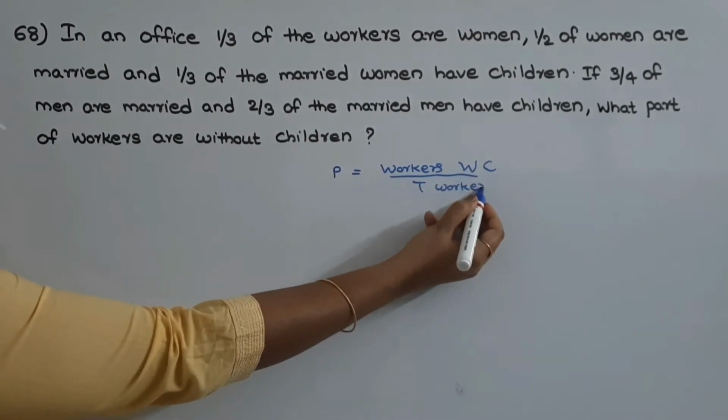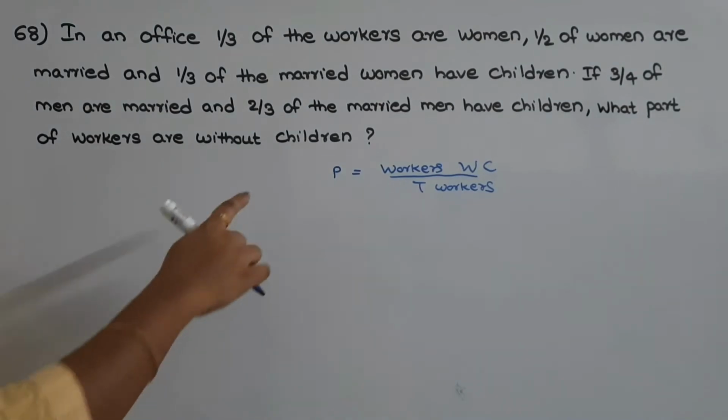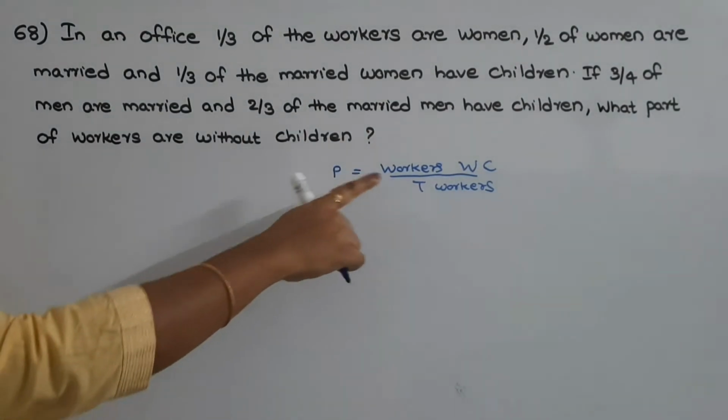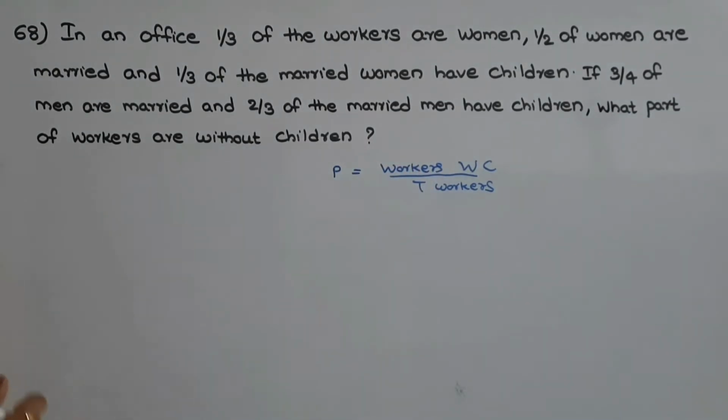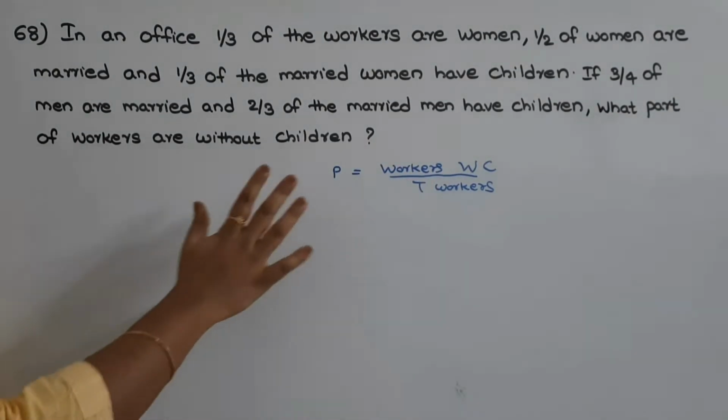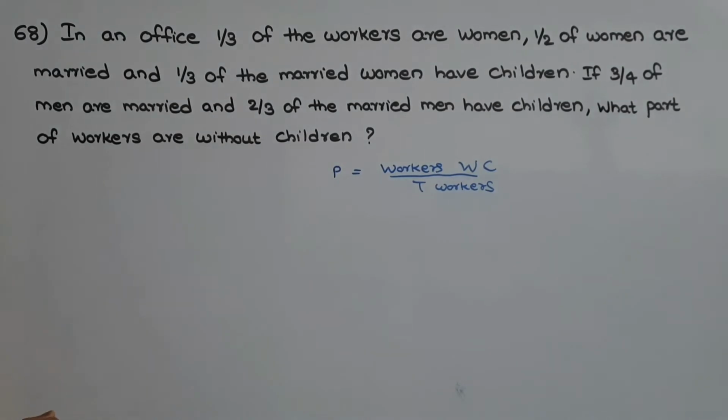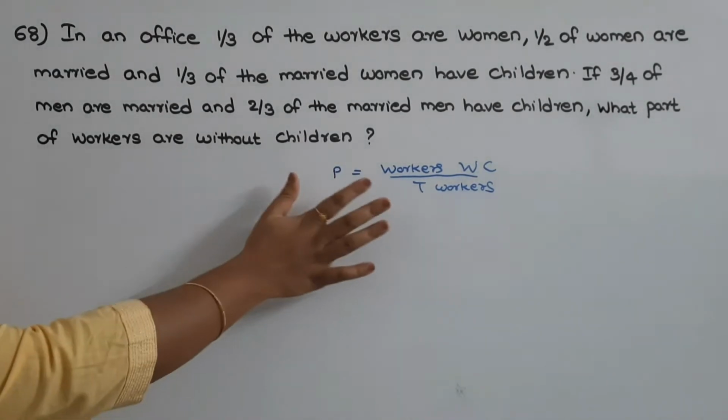Okay. So we need to find out the part of workers without children. So that will be equal to workers without children by total workers. Okay. So our answer is in terms of a fraction. Okay. So in order to find out this fraction,